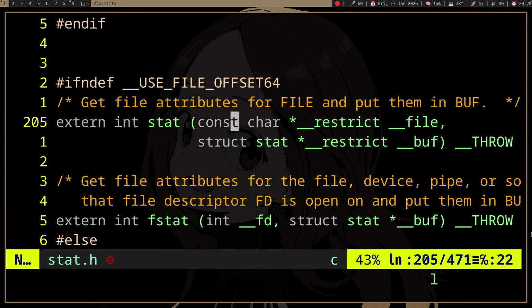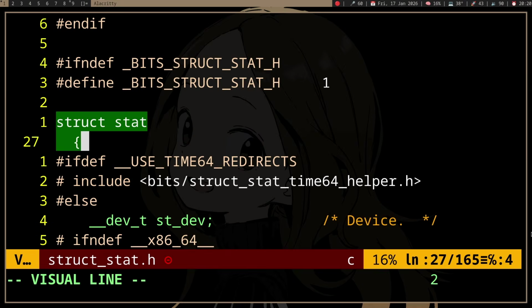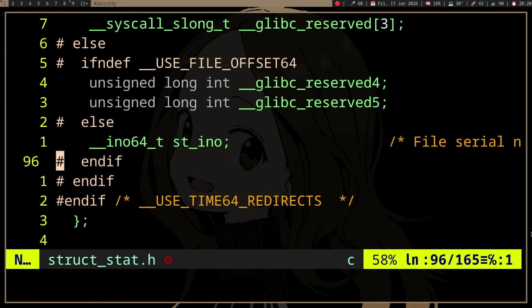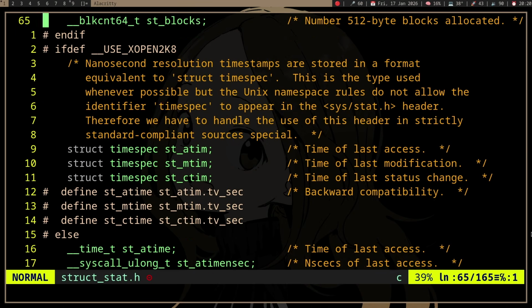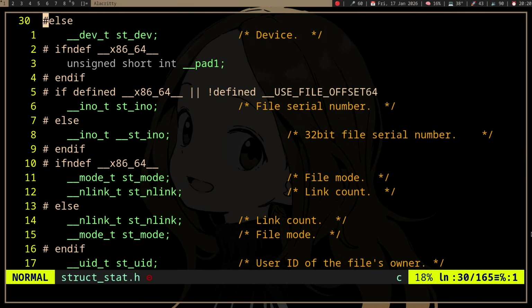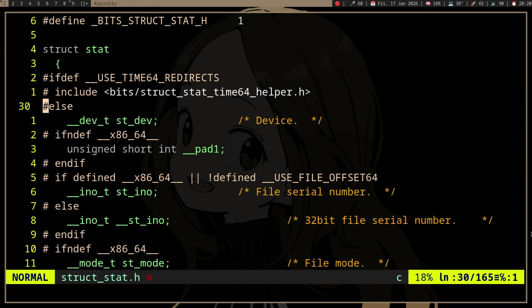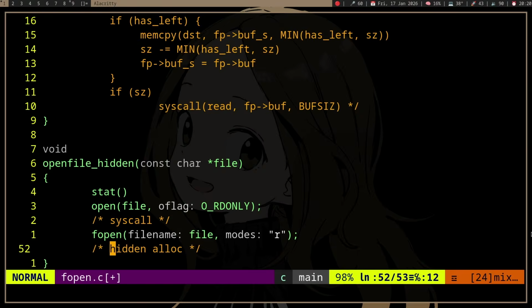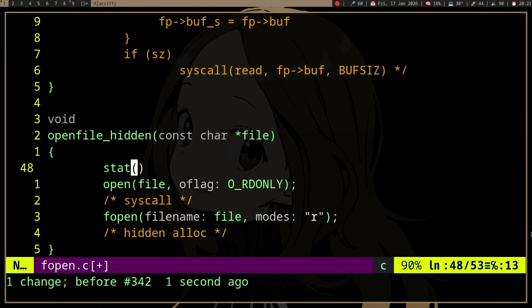If we look at stat, the structure of stat, it's actually a pretty huge structure. I believe on my system it's around 144 bytes, which would probably make stat slower for small files. And there's also the syscall,